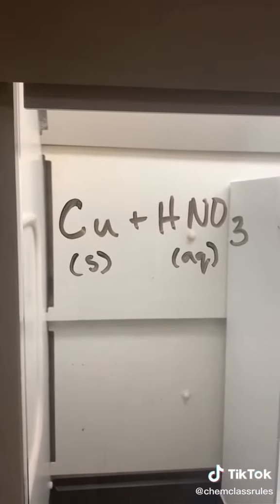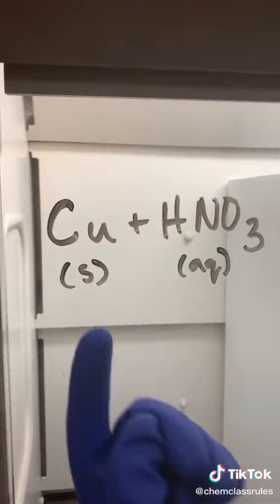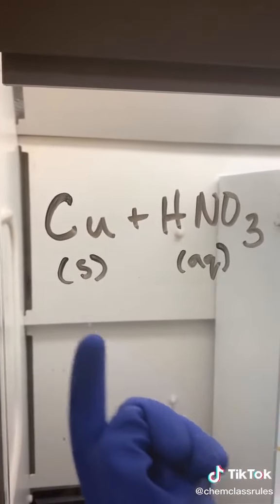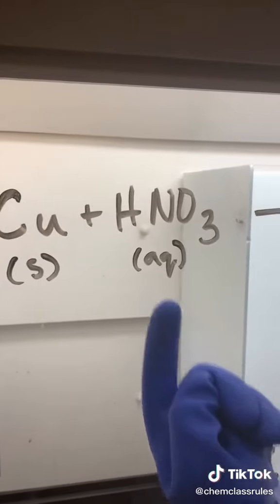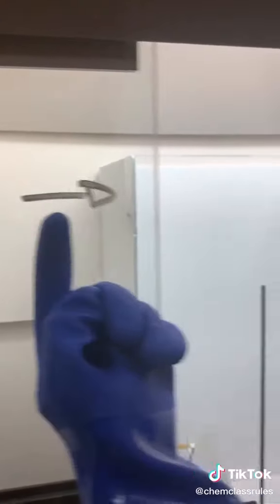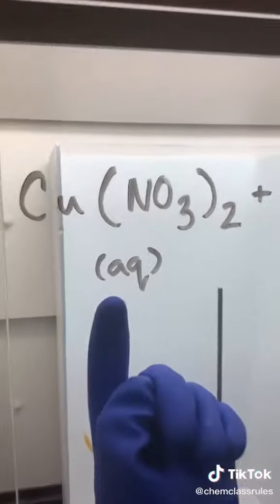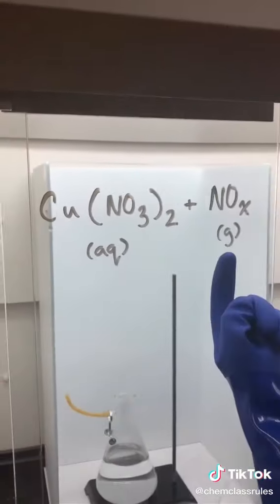The reaction that's of interest to us here is between copper and nitric acid. Those will react to form copper-2 nitrate and various nitrogen oxides. It's worth noting that for clarity, the reaction's been left unbalanced. The hydrogen's been omitted from the product side, and we use the generic nitrogen oxides instead of noting all the